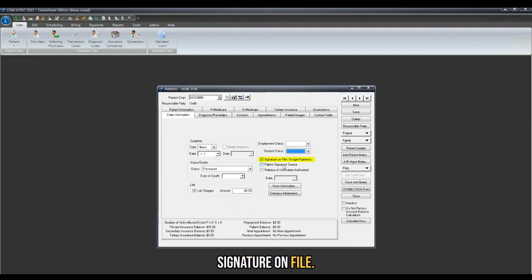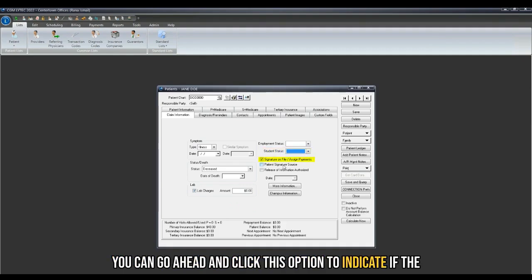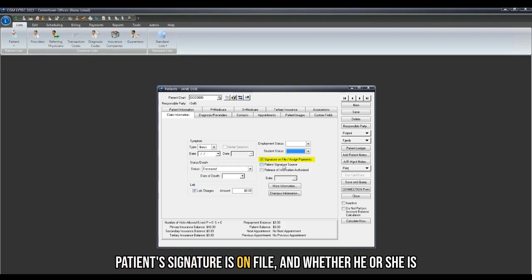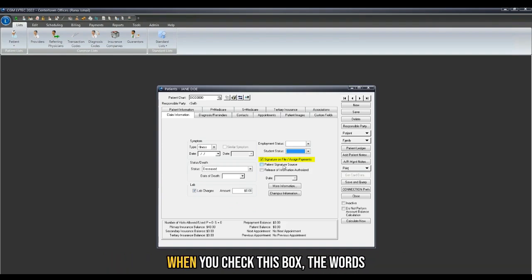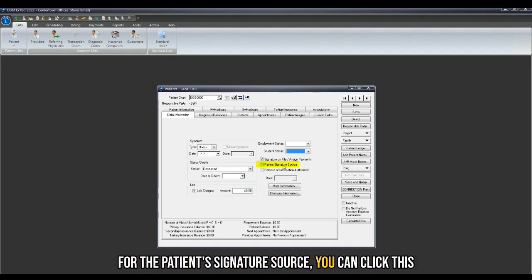Signature on file. You can go ahead and click this option to indicate if the patient's signature is on file and whether he or she is going to be assigning payments to the practice or the provider. When you check this box, the words signature on file are actually added on the claims form for the insurance on box 13. For the patient's signature source, you can click this option if the source of the patient's signature